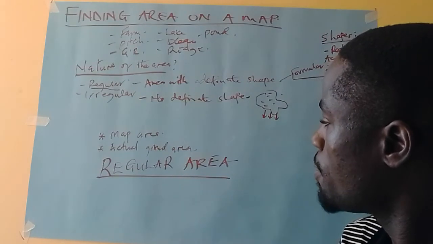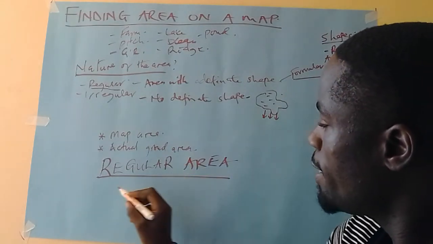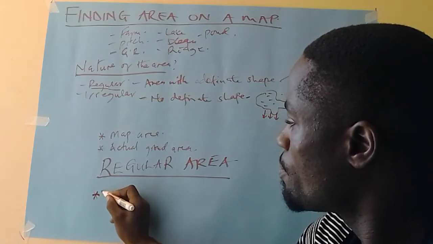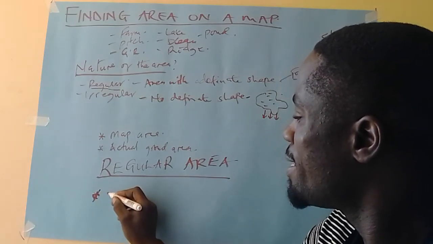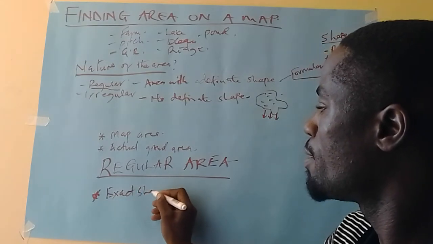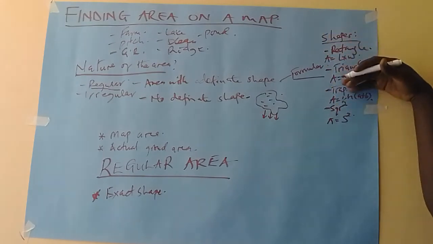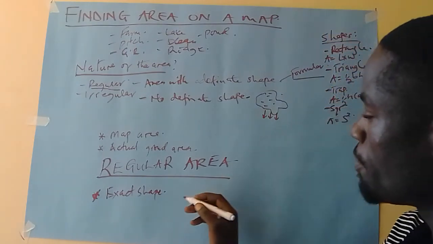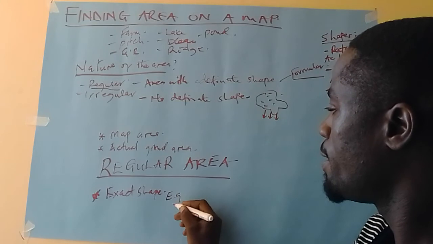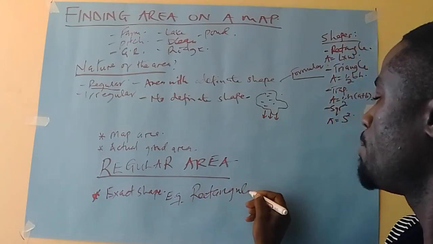So if the area is regular, find out which shape. In other words, here we want the exact shape. What is the exact shape of the area? Not just listing again rectangular, triangular, no. Find out, for example, assuming our area is rectangular. If the area shown on the map is rectangular,